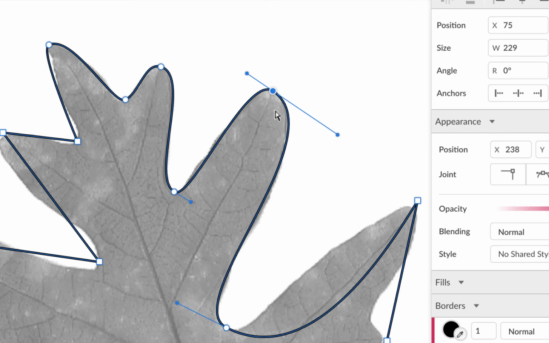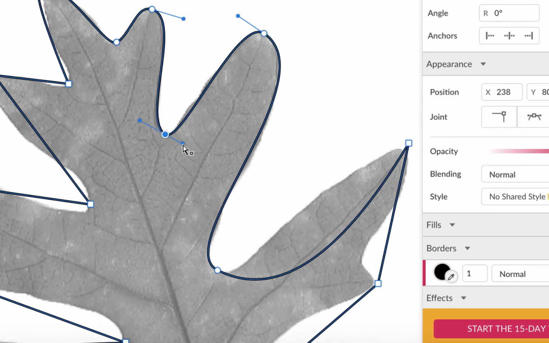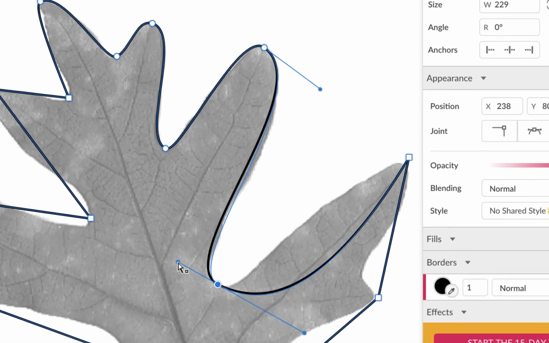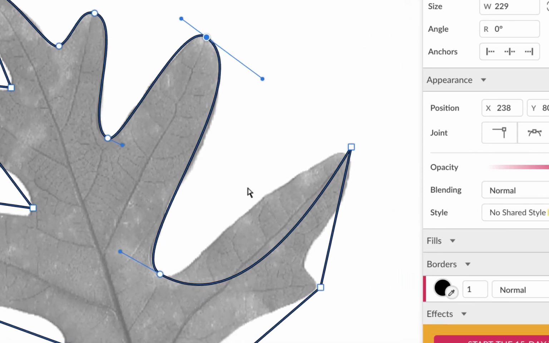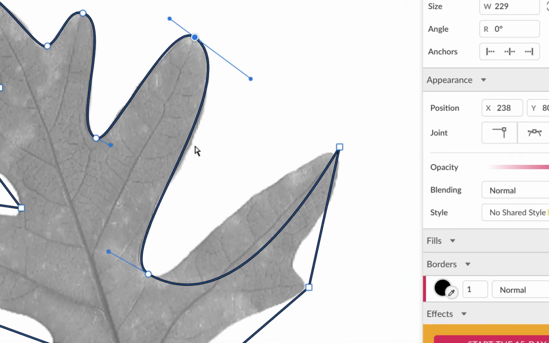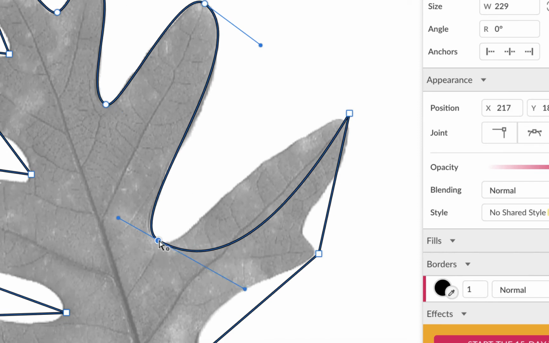Sometimes you do need, because of the way it's coming out and going in, but that looks pretty good. I'll shorten this a little bit more. That looks pretty good. And I'll shorten this a little here. And I'll shorten this. So that doesn't look bad. You can always add another point if you needed to, but I'll try to do it without doing that right now. And again, I'll shorten this because I know I'm going to have to shorten it,